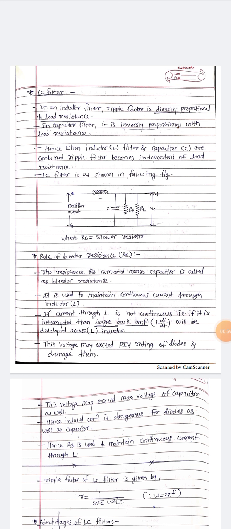Why filters are needed we have seen yesterday, because in a rectifier we don't get pure DC. The DC that comes from the rectifier circuit is pulsating DC, which is not pure. It contains AC components inside it. To achieve pure DC we have designed filter circuits with the help of passive components. Yesterday we saw how the capacitor filter and the inductor filter work with a rectifier circuit, so as to provide a pure DC at the output side.